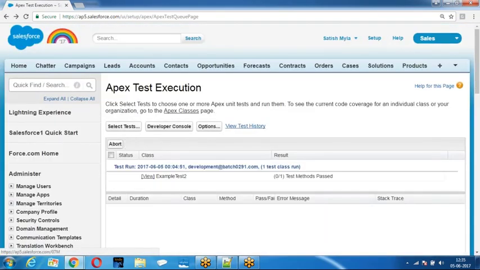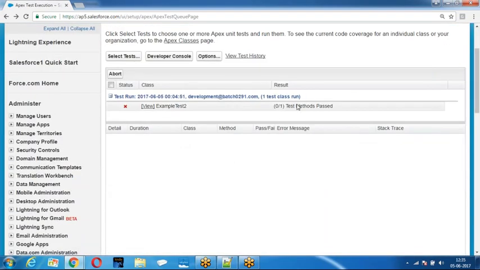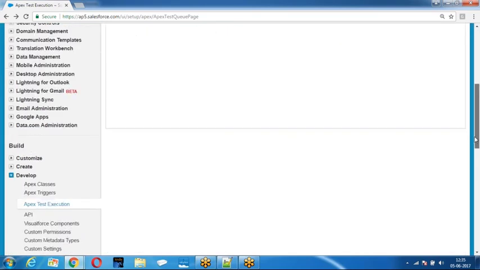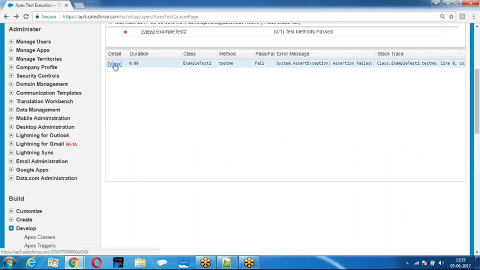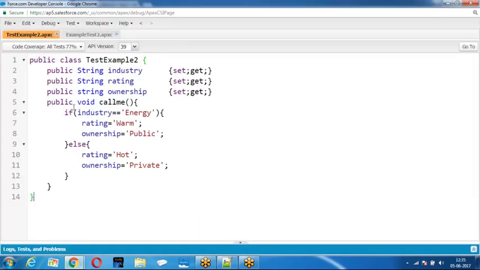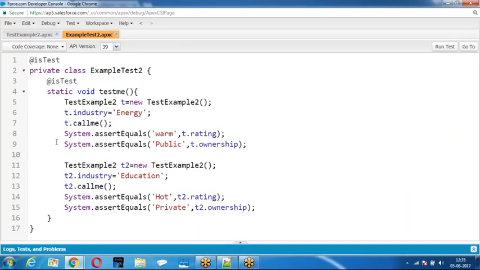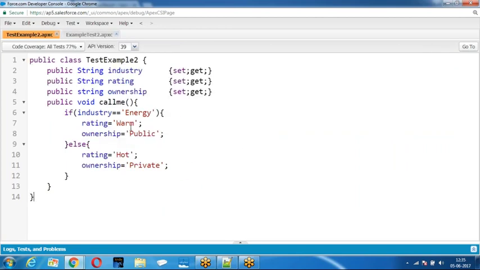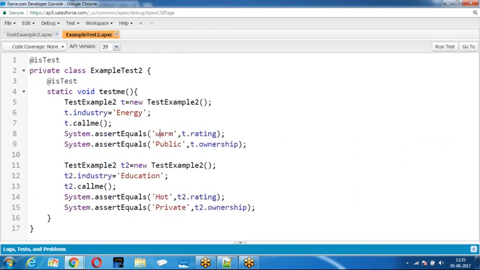Let me check what the failure is. Assertion failed, line number 8. What is it that failed? Line number 8. I told you there is some case sensitivity which I had forgotten. Line number 8, assert equals wow. Right. The problem is the capital W.